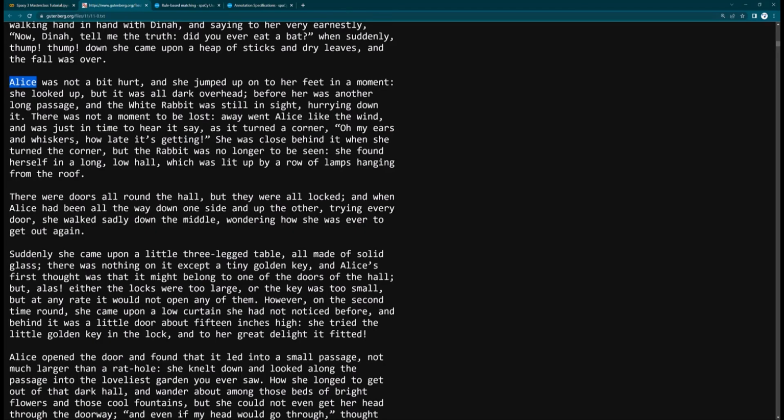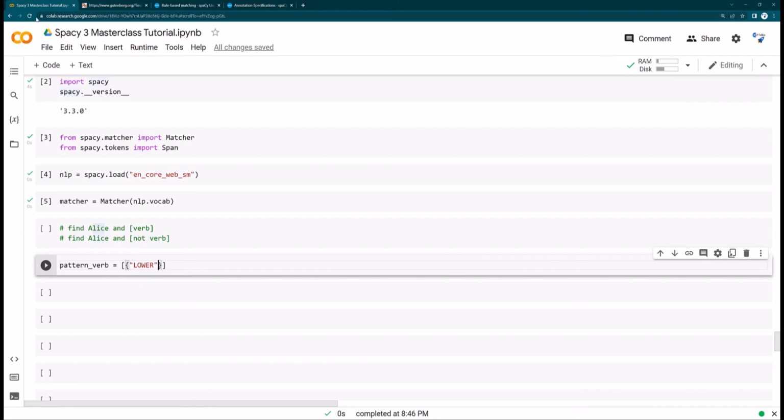So it doesn't matter in what case this word is used, uppercase or lowercase, it will always try to match the lowercase of this word to the word which I'm going to define here. So I say the lowercase of the word matches Alice,